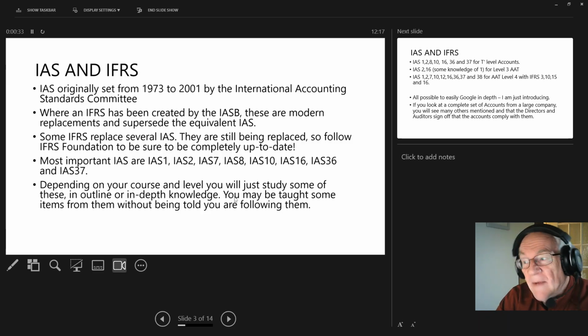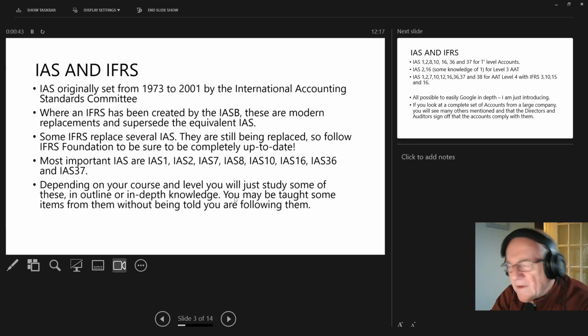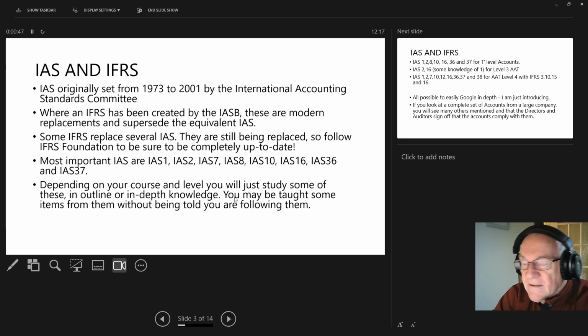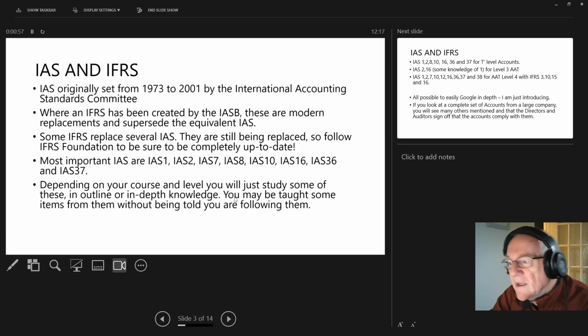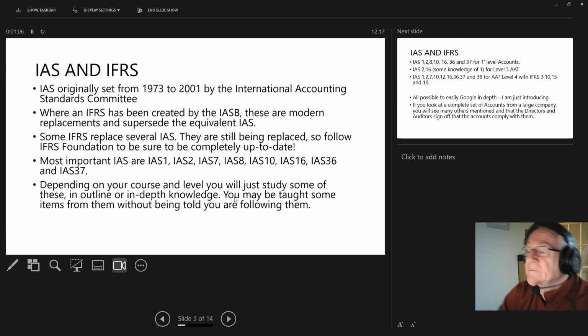What would definitely have happened on most courses is that you will have been taught something that comes from an international accounting standard or an IFRS without being told we're following them. So we can teach you what counts as the cost of a non-current asset, in terms of the delivery charges, the setup charges, the initial testing, everything ready for first use, as a guideline, without actually telling you the detail from IAS 16, and the fact that the policy is recorded in IAS 8.